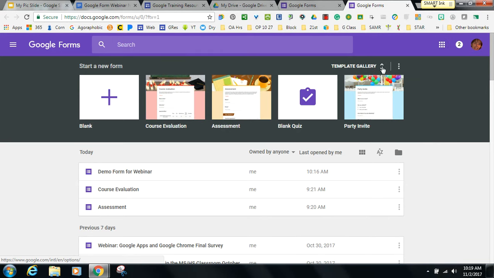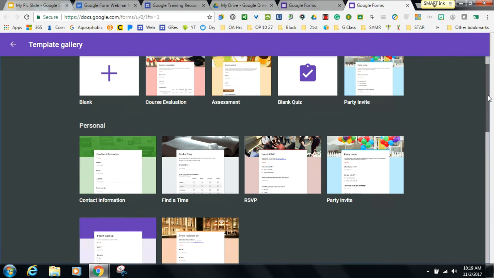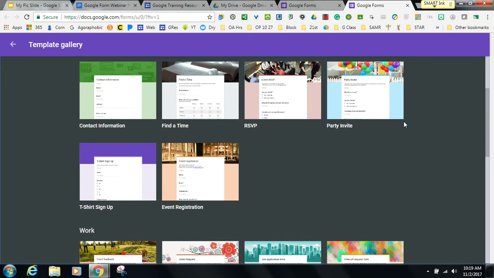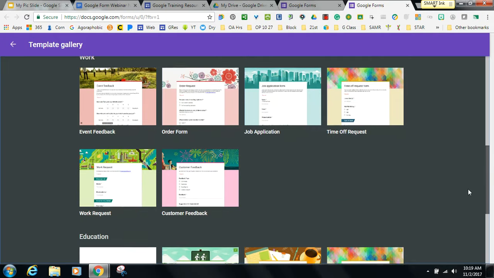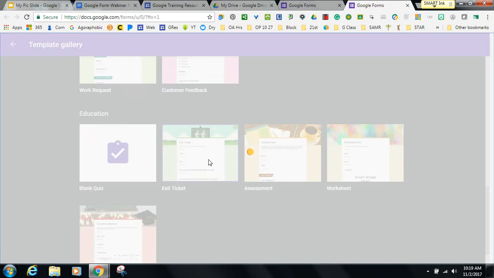I'm going to click on those little arrows, and it opens everything up. So there's your most recently used. There's some other things going on there. See, like find a time. You can send that out to co-workers because you're trying to set up a common meeting time. If you needed to collect contact information, event registration, go down to education. You'll see here's an exit ticket. So this one's already set up. You open it,